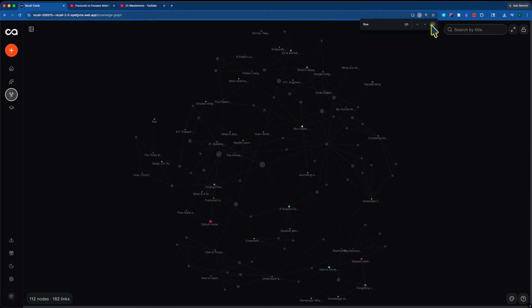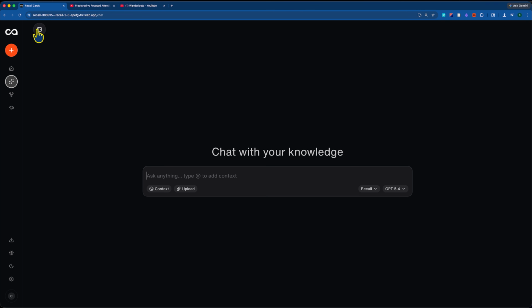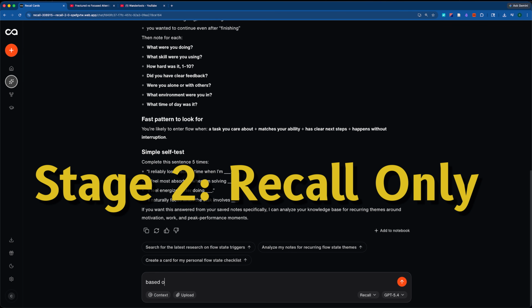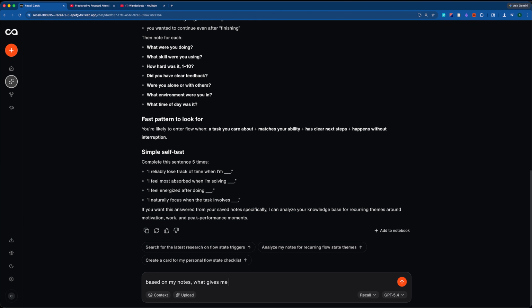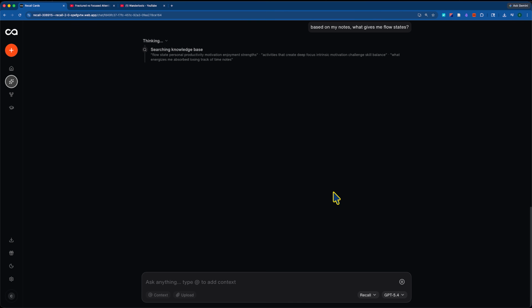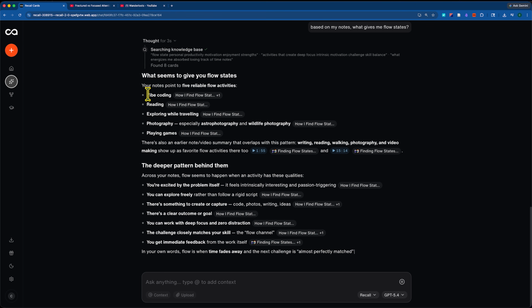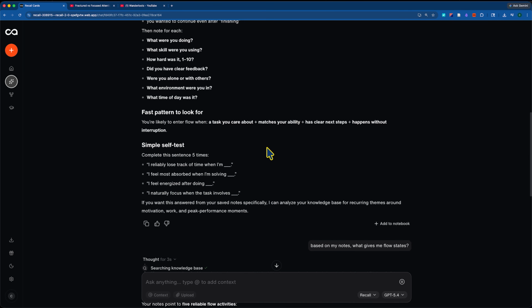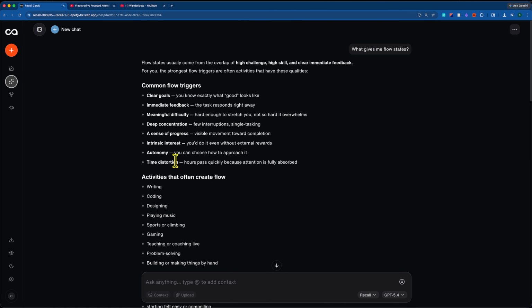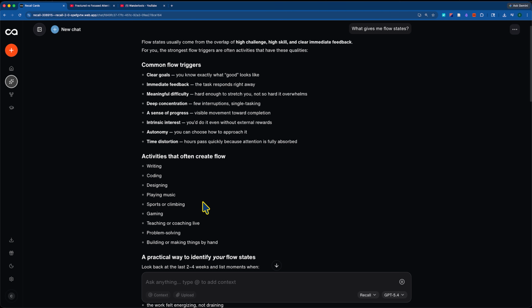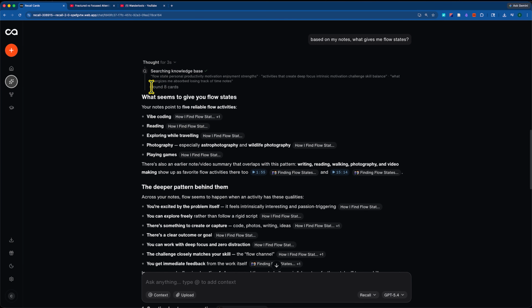If we go over to the graph, we can see all of the notes that relate to flow states specifically. So if I go back to that same chat now, and I say, based on my notes, what gives me flow states, and click search, you can see it's searching the knowledge base again. It's found 8 cards, and it now pulled in my specific examples, rather than just this generic answer of writing, coding, designing, playing music, all of these things,